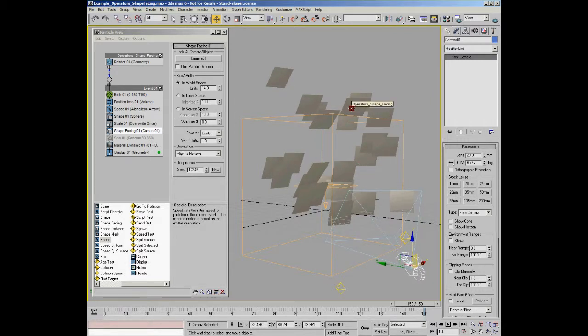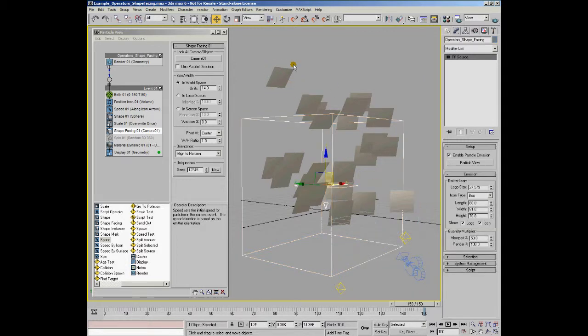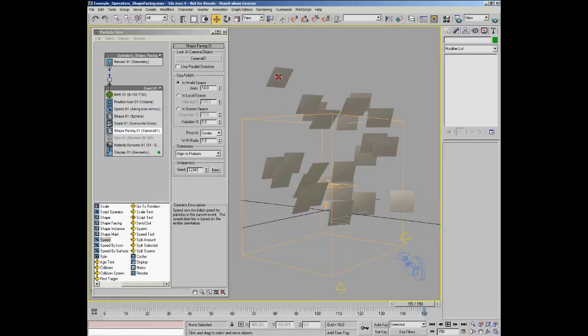Now, the second thing that you may notice is that all the particles are facing directly towards the camera. So effectively there's a line being drawn between the particle, let's say the particle center here, directly towards the camera. And one of the options you can see here